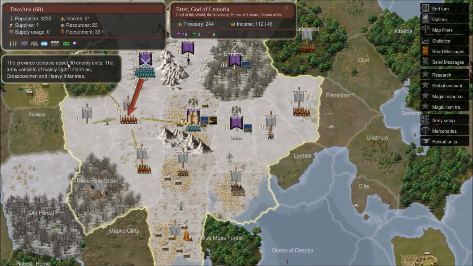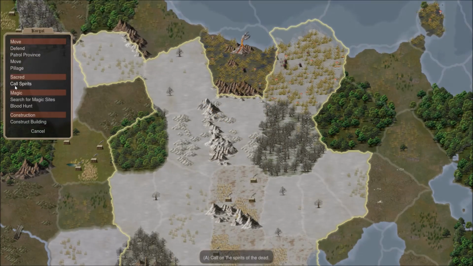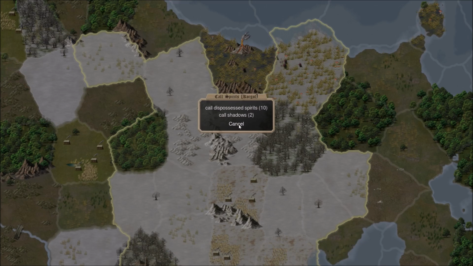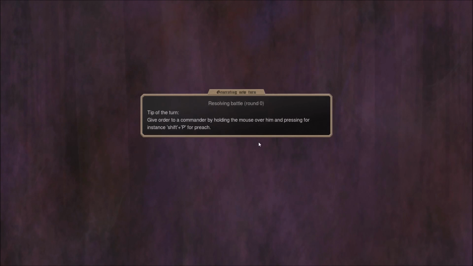What do we got here? Light infantries, crossbow, heavy infantries. Shouldn't have too much trouble with that. And you... I do not have enough monies to really do much. You could search for magic sites, you can call these, which are all useless. Might as well do that, I mean, saves you doing nothing. And it stops the game whinging at me that you're doing nothing, so...